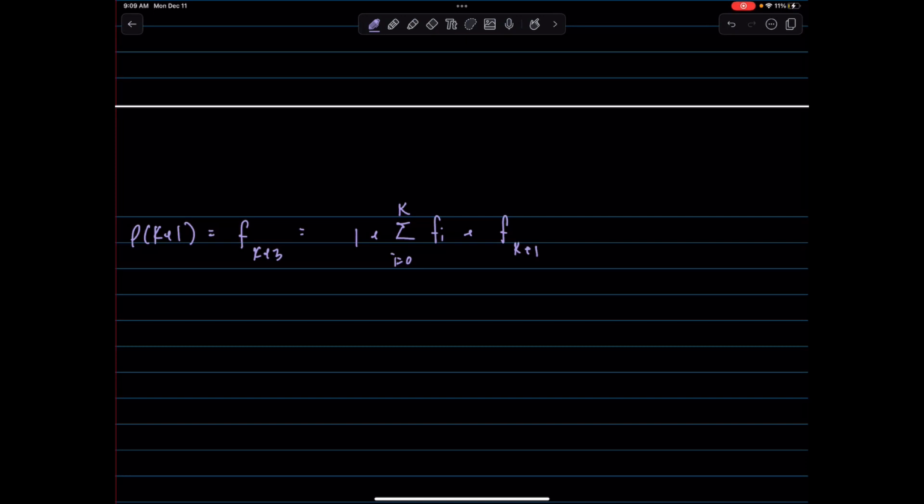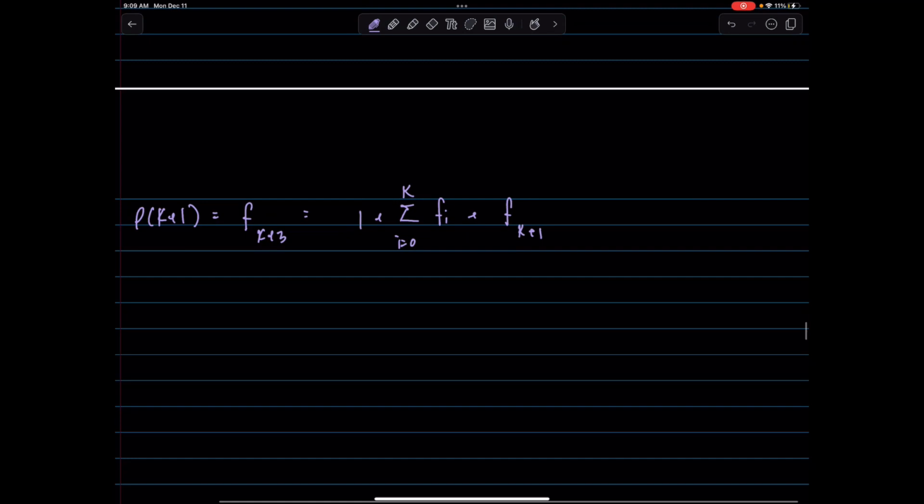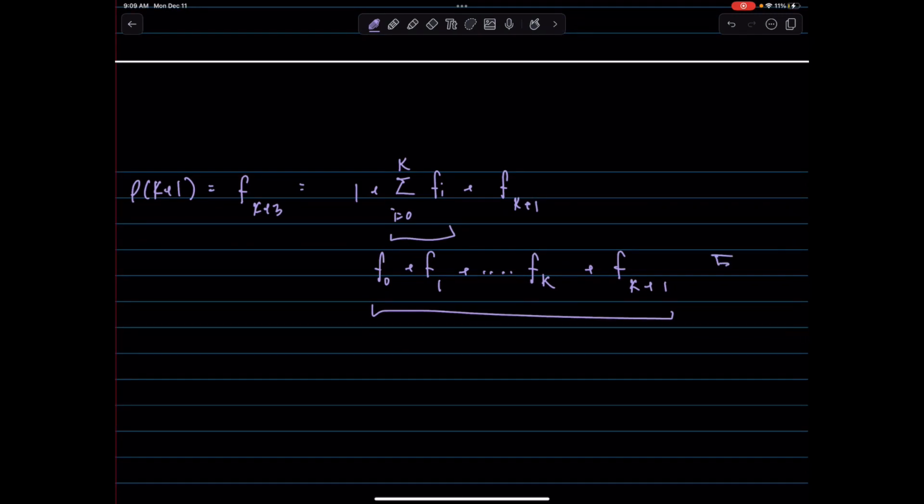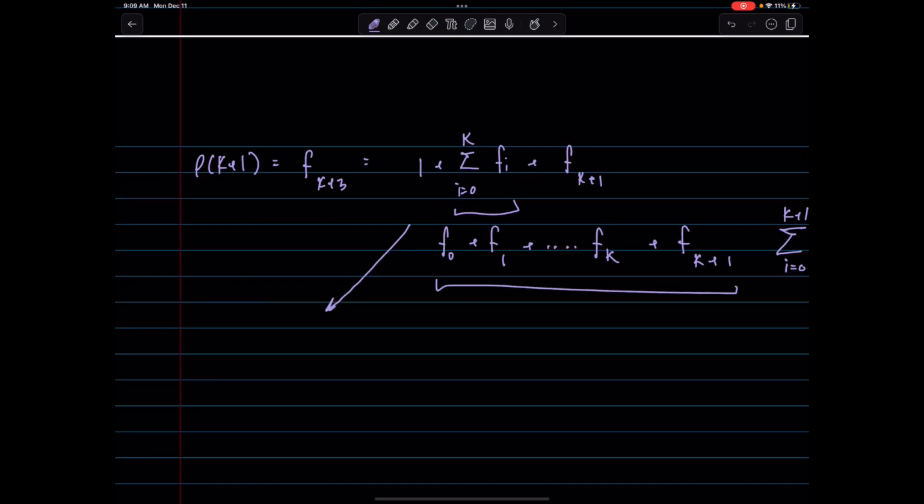f of k plus 1. If we just keep this at f of k plus 1, it actually becomes a lot simpler to see. So this is the summation of all things f of 0, f of 1, all the way up to f of k, right? And then now we're adding f of k plus 1. So what does that look like? That looks like the summation from i equals 0 to k plus 1 of f of i, right? So this can turn into basically